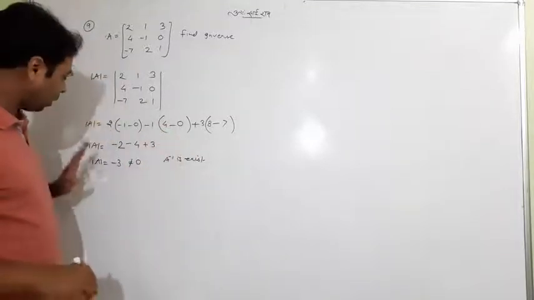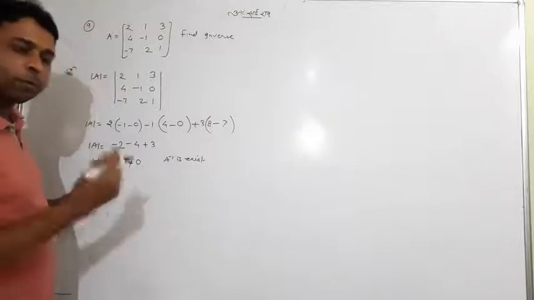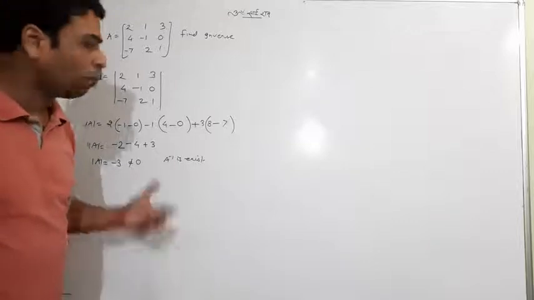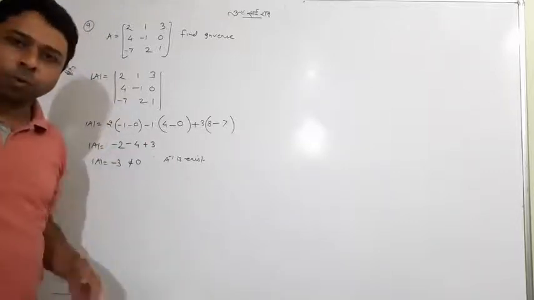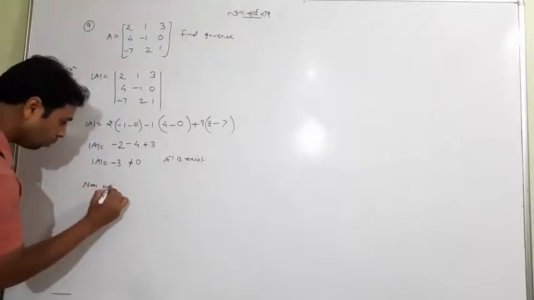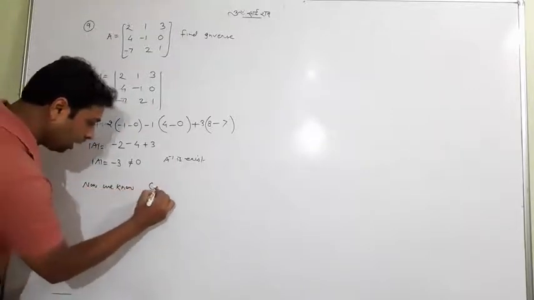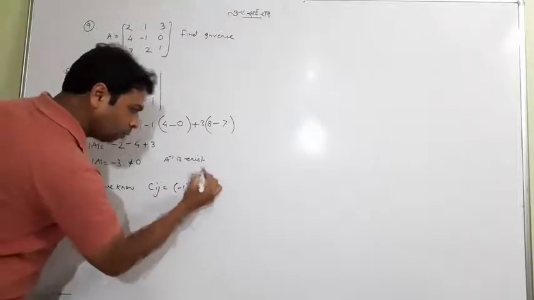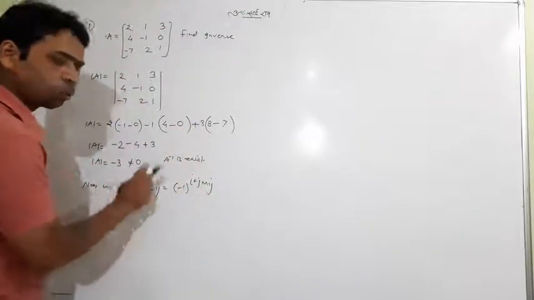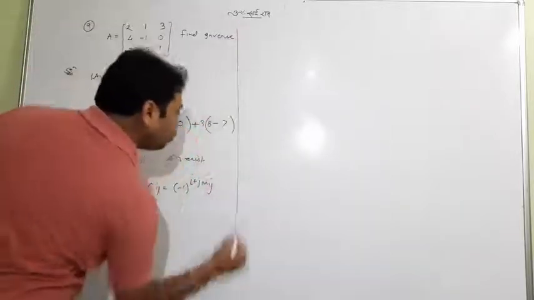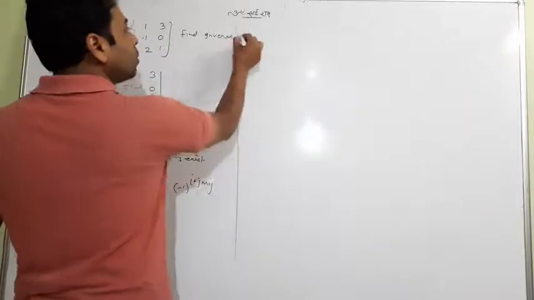Now determinant A we already found. Next step is adjoint A. Yesterday we had a good class on adjoint A. We will go with adjoint. Now we know Cij, which is the initial formula. I will suggest you every time you have to write this formula and go with C11, C12. And that time you need not take the time.